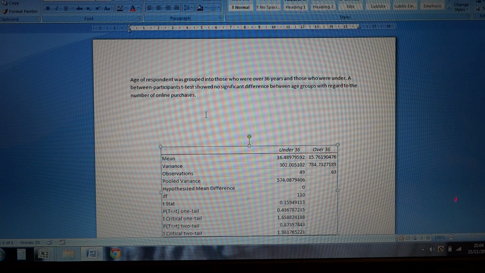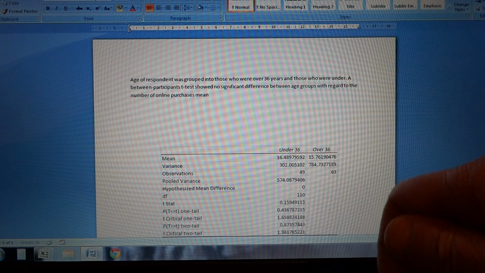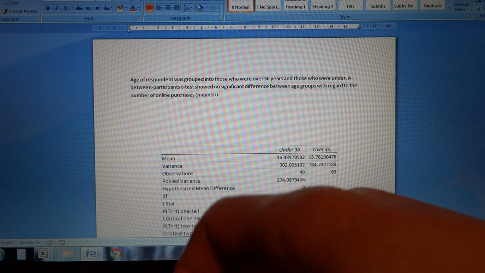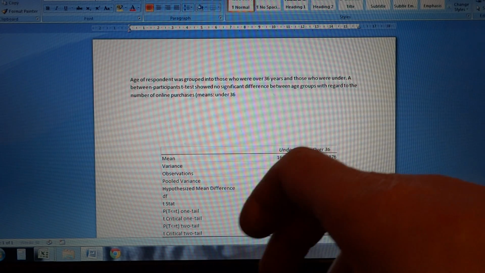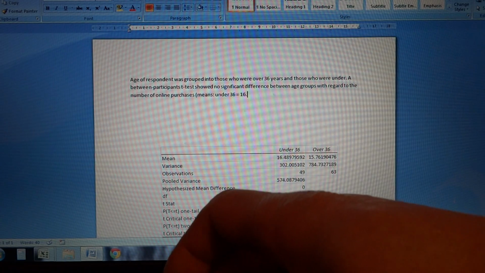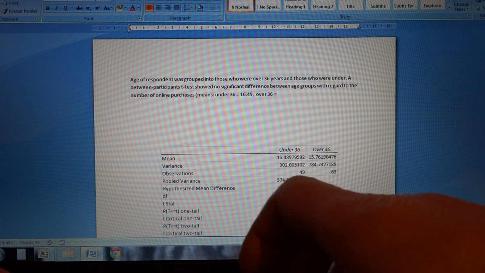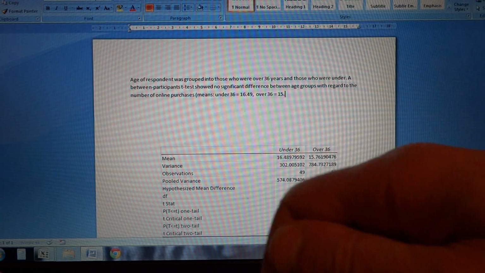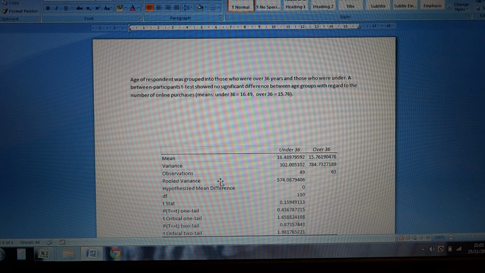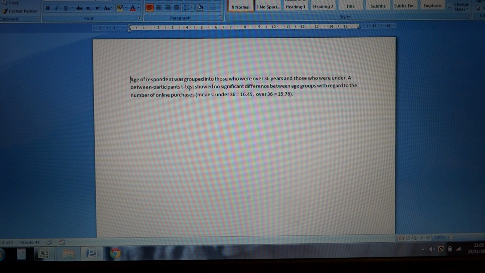Oh, so the last thing I'm going to put in is the means, sorry. In brackets, means, colon, under 36 equals 16.49, comma, over 36 equals 15.76, close brackets. That's right, that's why I put the table there, just to remind me. So I can click on this table now, it's just a little mnemonic, get rid of it. And that little paragraph there is sufficient